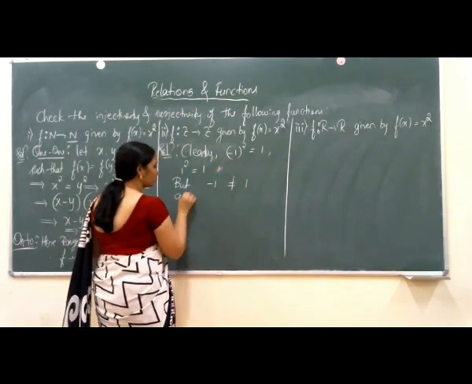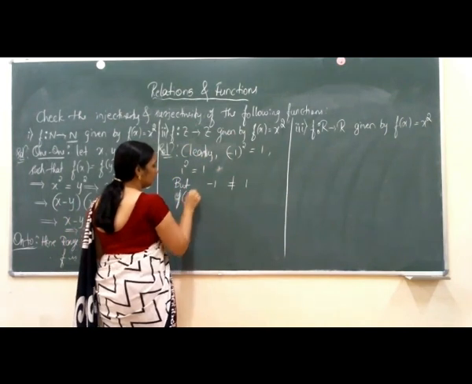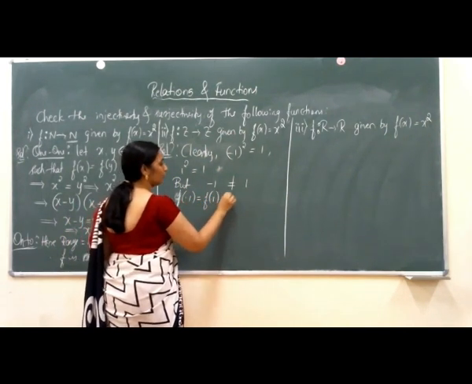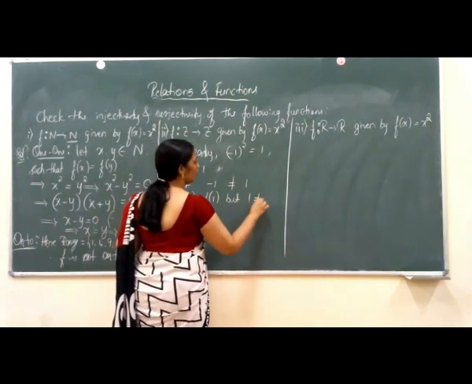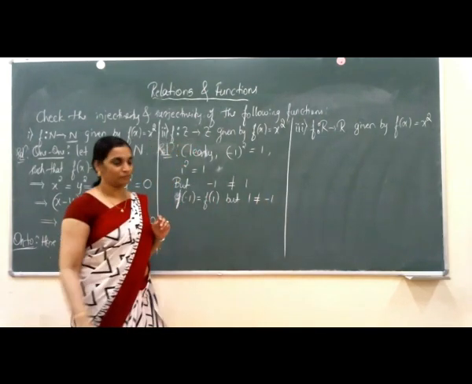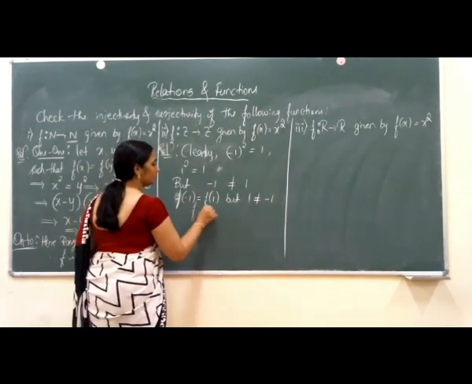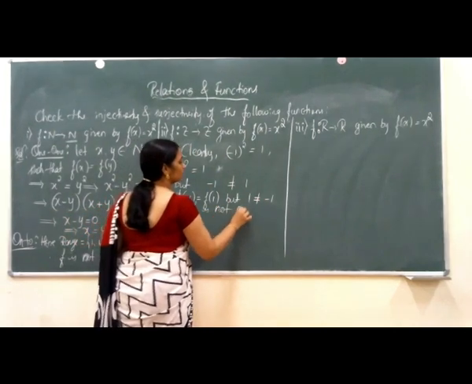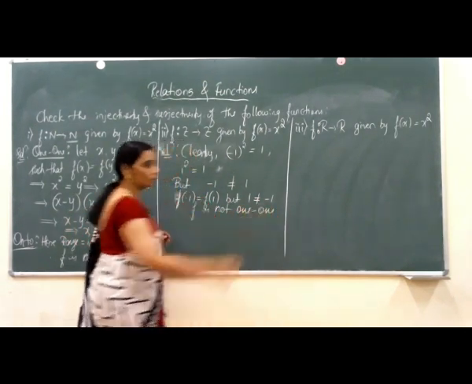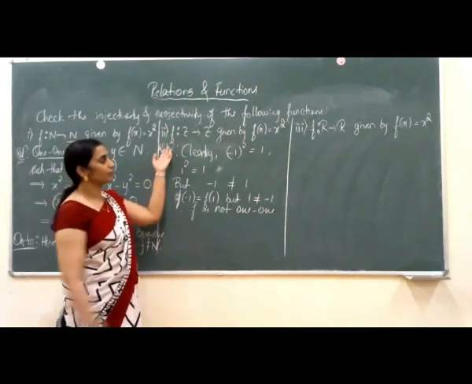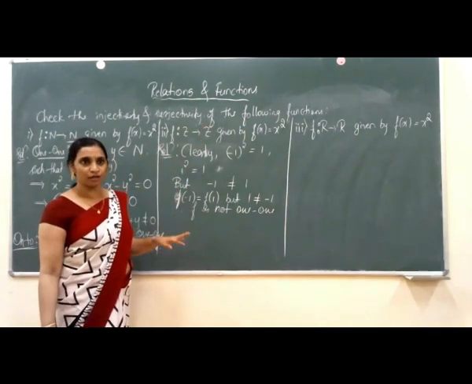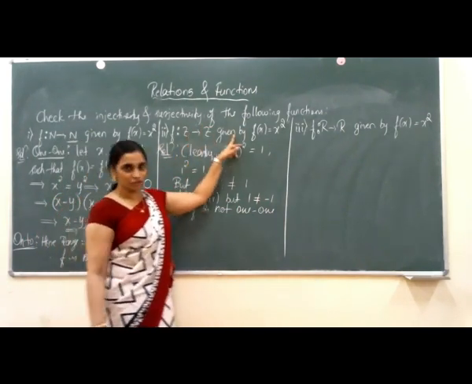Or in other words, we also write f of minus 1 is equal to f of 1, but 1 is not equal to minus 1. Therefore, f is not 1-1. If we consider the next condition, that is onto or not, again, since the function is defined in the set of integers as f of x is equal to x square,